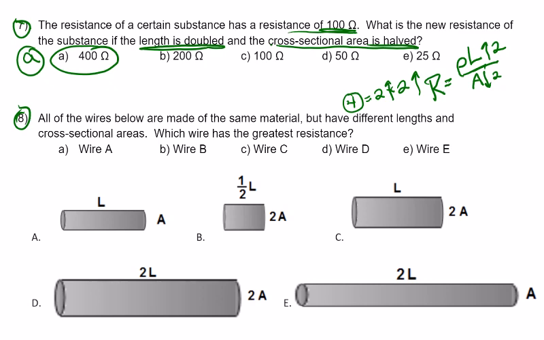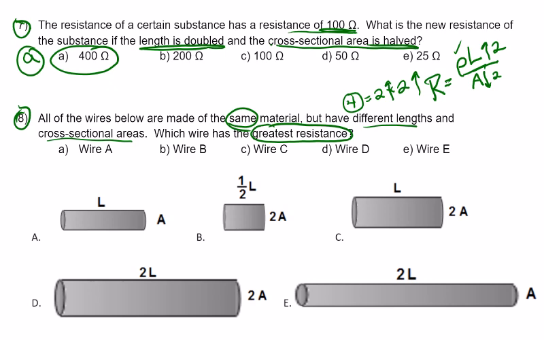Then down here on this one, we talk about them all being the same material. So that means their resistivity is all the same. They have different lengths, different cross-sectional areas. Which wire has the greatest resistance? So looking at this equation, what we want is pretty much exactly what would just happen with number 7. So we want the length to be as large as possible,